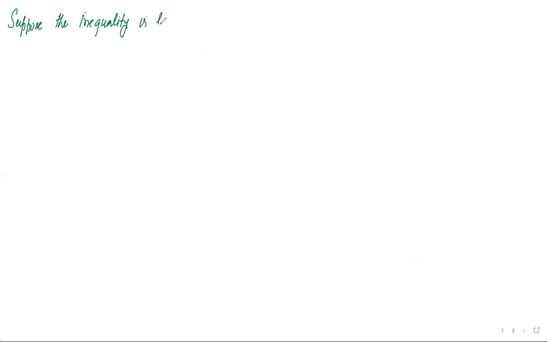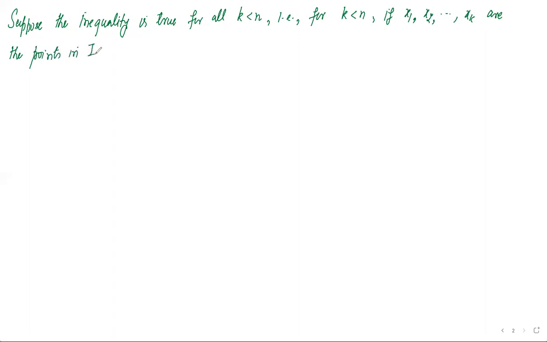Suppose the inequality is true for all k less than n. So that's what we are assuming. That is, for k less than n, if x1, x2, ..., xk are points in the interval I, and lambda 1, lambda 2, ..., lambda k are real numbers in the interval [0, 1] such that their sum lambda 1 plus lambda 2 plus ... plus lambda k is equal to 1,